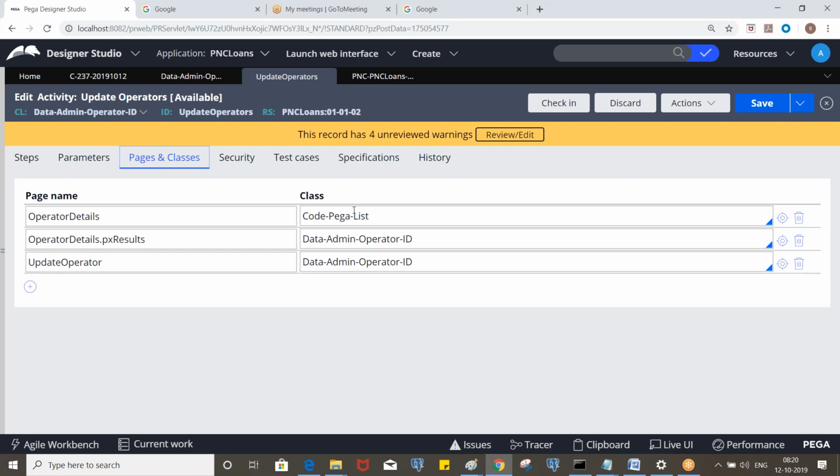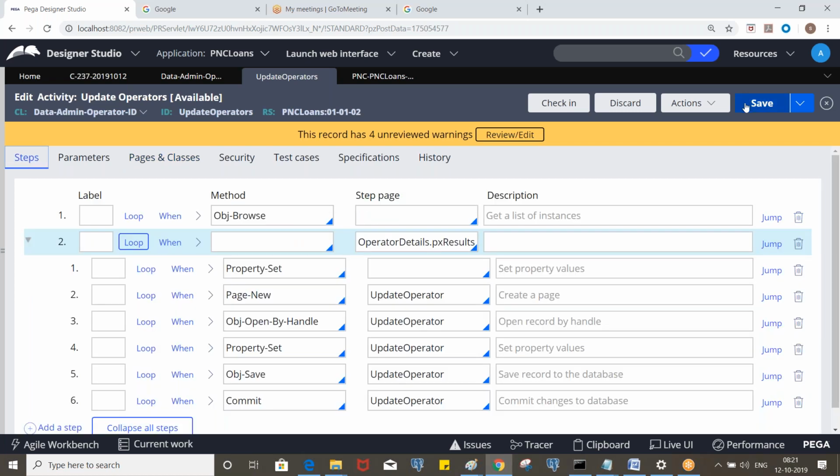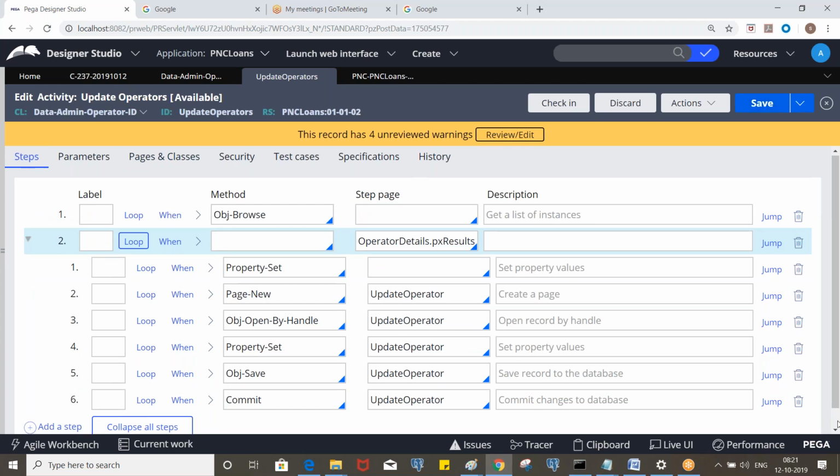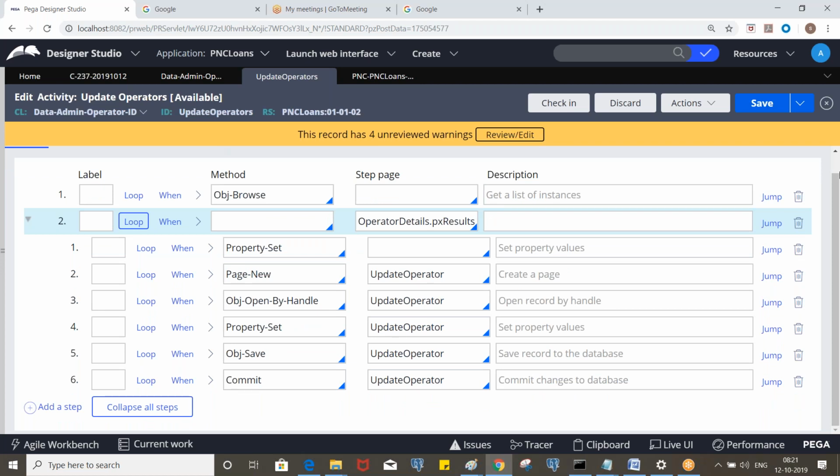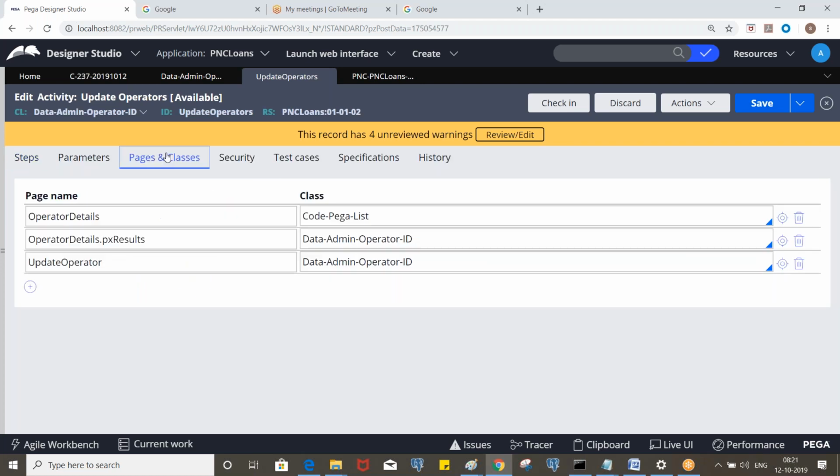In most of the cases we need to specify it. So here we define it the same way as the clipboard structure, right? Any questions here? Do you understand, or any confusions regarding page and classes?